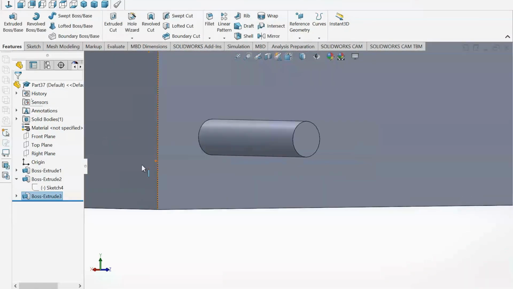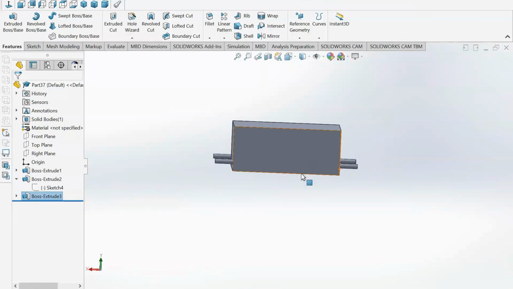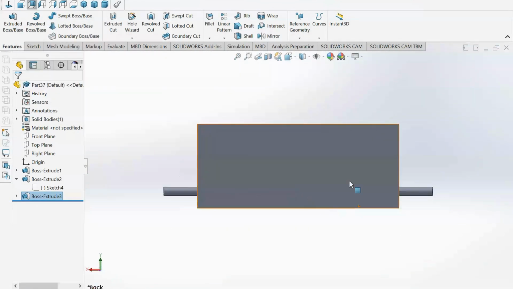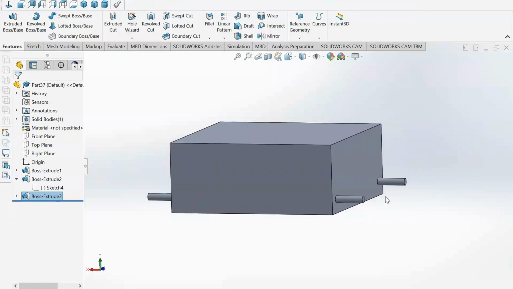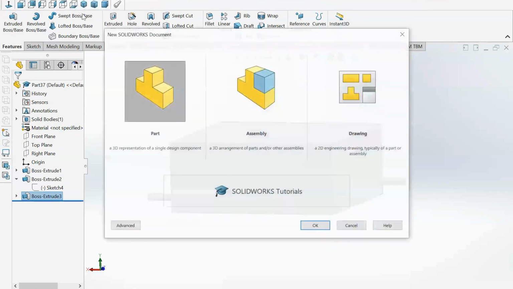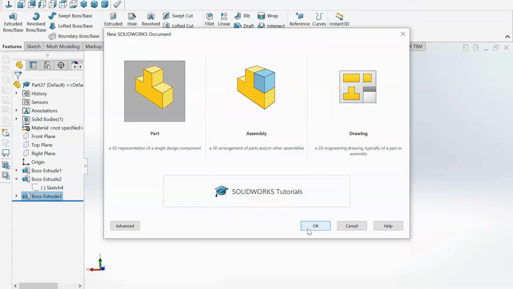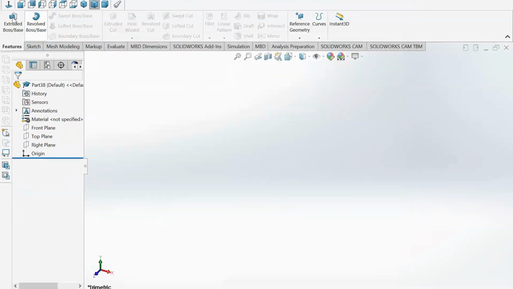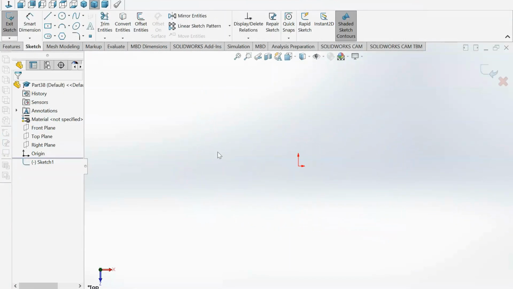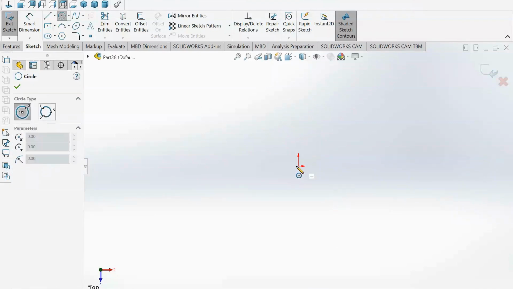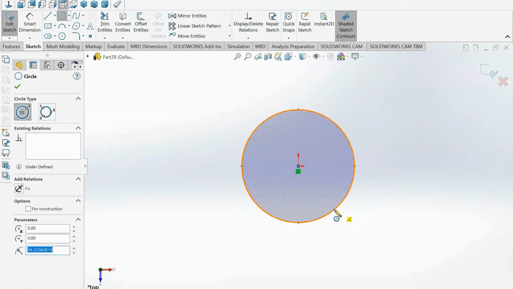Okay, perfect. All right, so let's take a quick look here. Okay, that looks pretty good. Again, we can change all that stuff later, but here we have our basic shape. Now I'm going to create another new part, and you want to make sure that you are measuring your wheels and things. But I'm just going to go ahead and